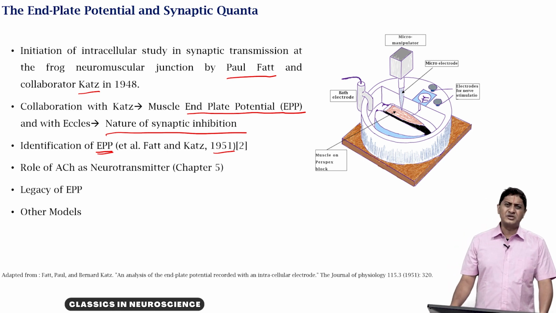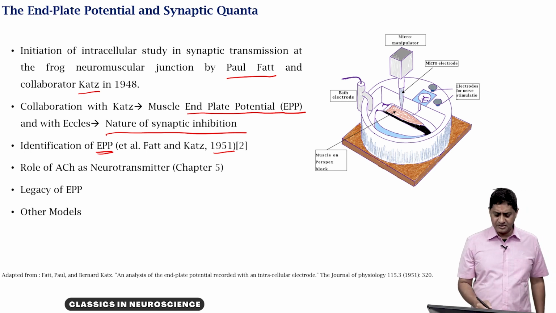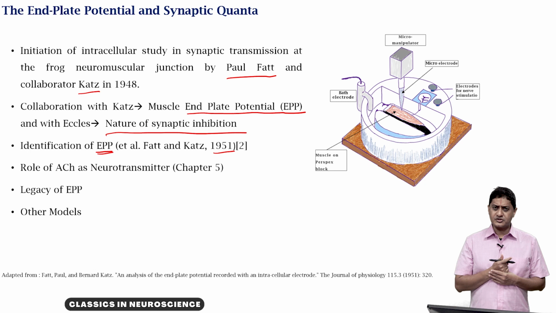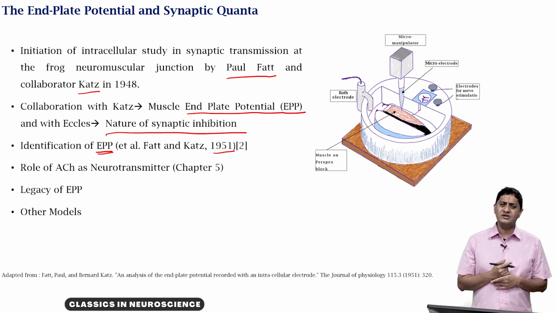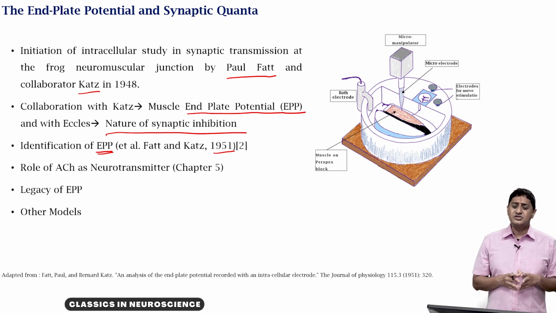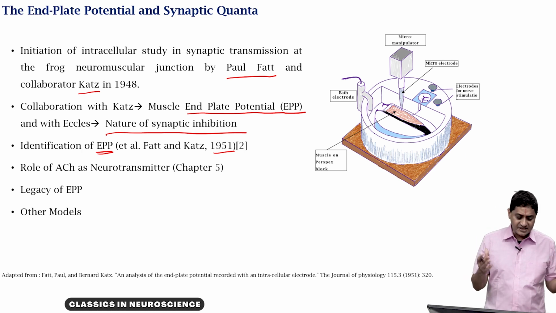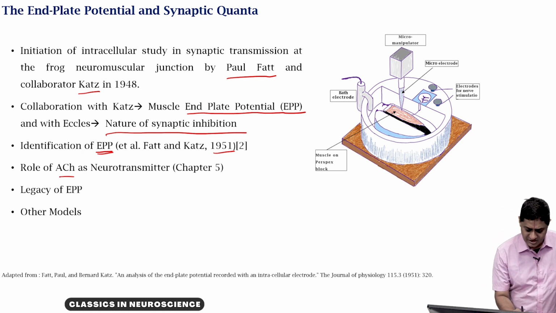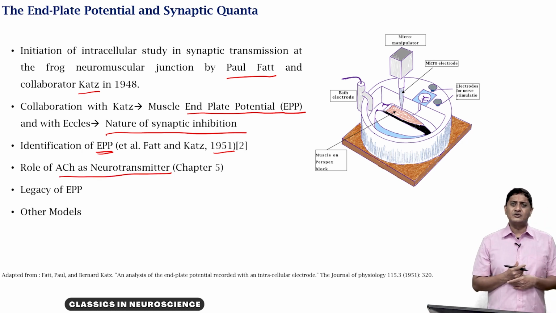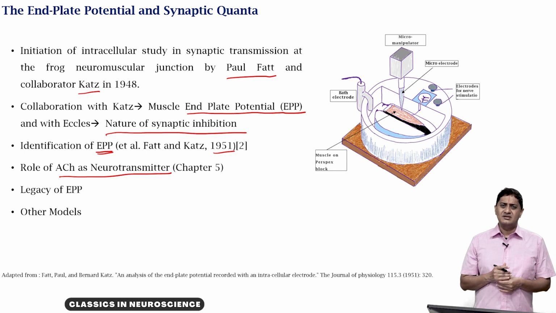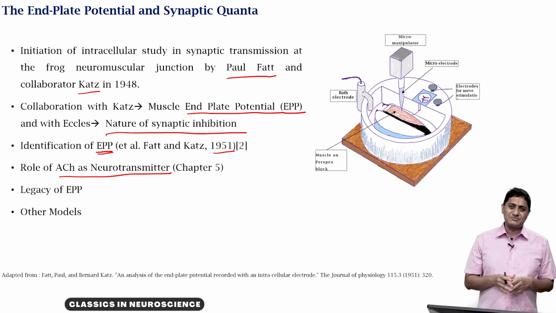Of course, this was supported by other people and other works that we have discussed previously, for example, the work of Rene Cotier and George Coyle, who worked using other methods. But here they used microelectrode based recordings to establish this. This is more direct evidence of the presence of acetylcholine as a neurotransmitter. So, the presence of acetylcholine as a neurotransmitter was established using this method.